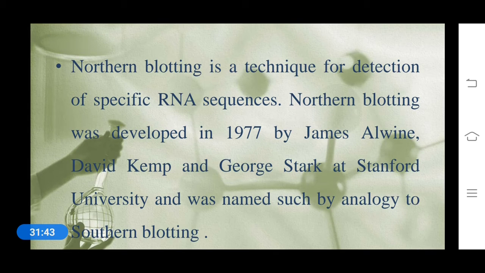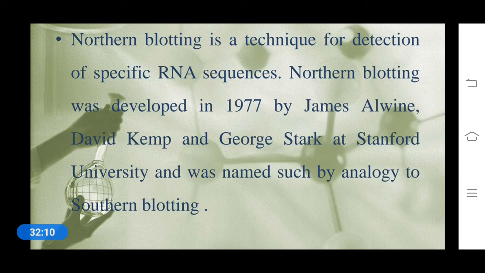Northern blotting was developed by the scientists James Alwine, David Kemp and George Stark at Stanford University in 1977, and they named it Northern blotting by analogy with Southern blotting. It is meant for the detection of